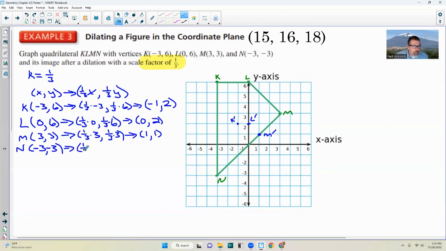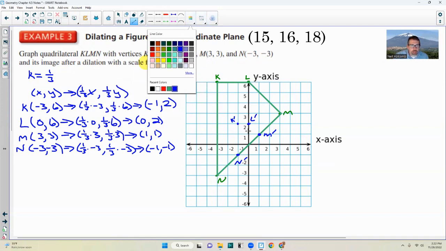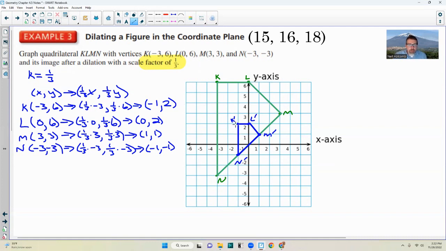And that would be 1/3 times -3, comma, 1/3 times -3. And that is going to give us -1, comma, -1. Left one, down one, and that is N prime. If I were doing this on paper, I'd get my ruler for a nice straight edge. I'm going to use my straight segment tool and draw this like so. And there is quadrilateral K prime, L prime, M prime, N prime, which is 1/3 the size of the pre-image